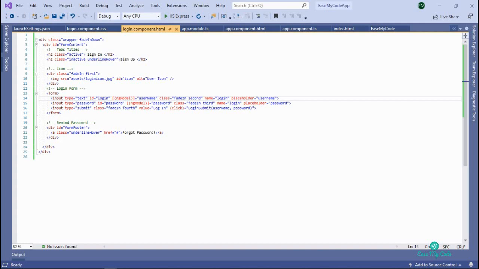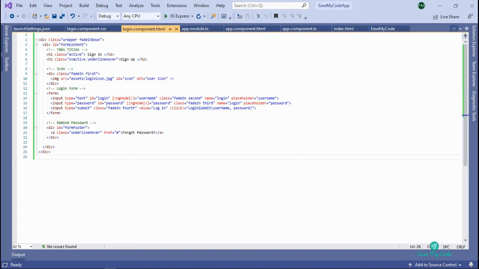We have bound the username to the username ngModel attribute, and the password to the password ngModel attribute. These two will be used as input parameters to the login submit method, which we will write in our TypeScript file. Through that TypeScript file we will call the .NET Core API, and through the .NET Core API we will call the database. This is how the flow works in Angular.